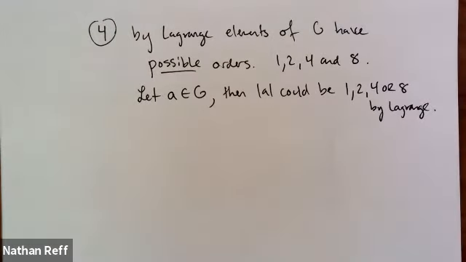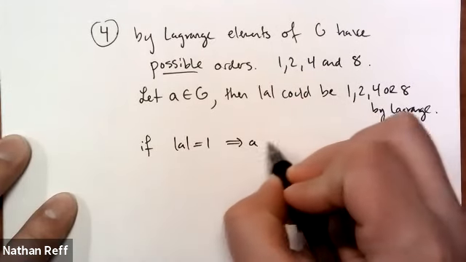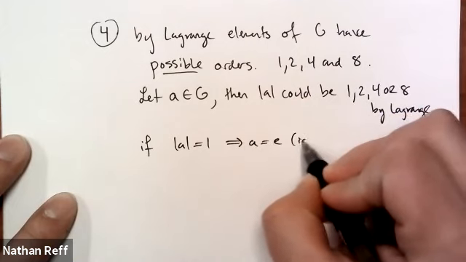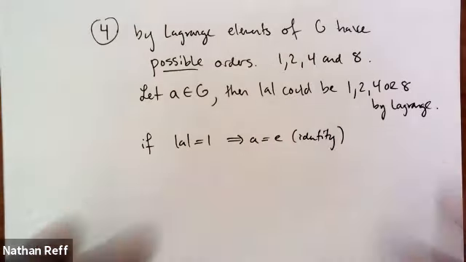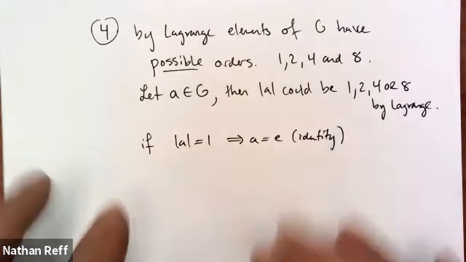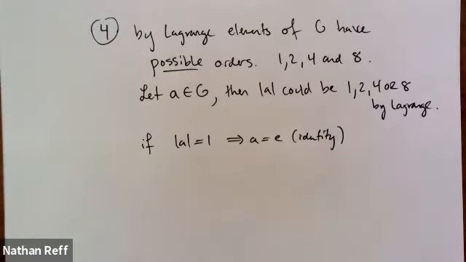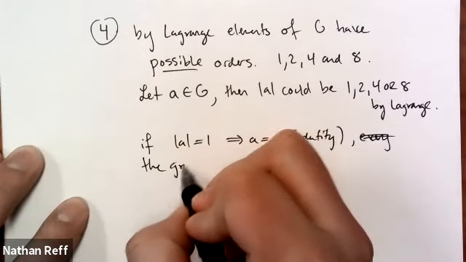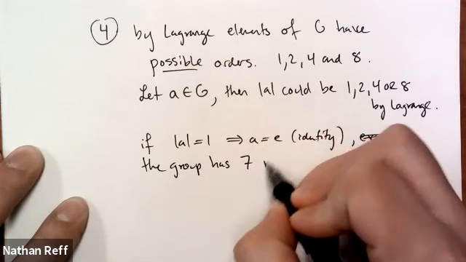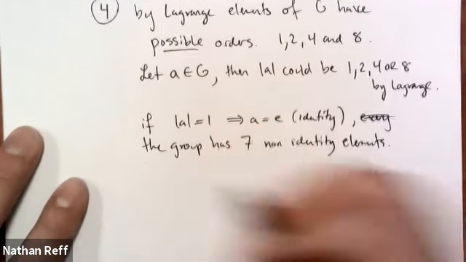Yeah, all right. So if A has order 1, then A is the identity. Okay, so that's not going to give us an order 2 element by itself, but we do know that every group of order 8 has 7 non-identity elements, right? So let's suppose